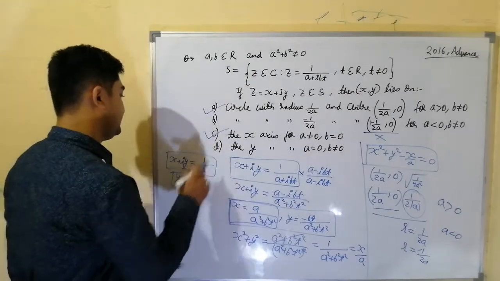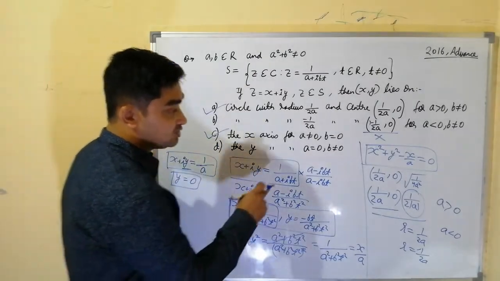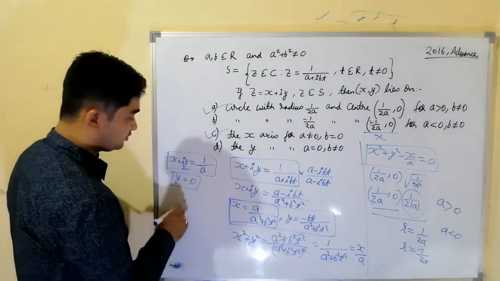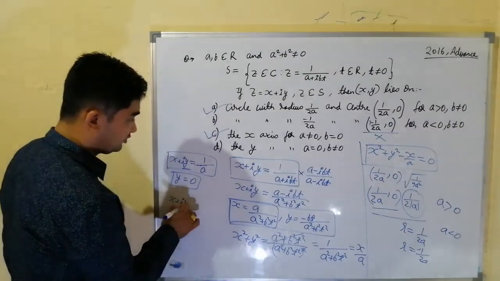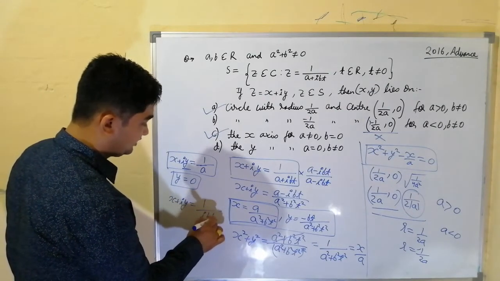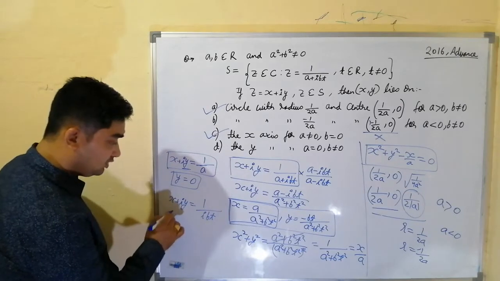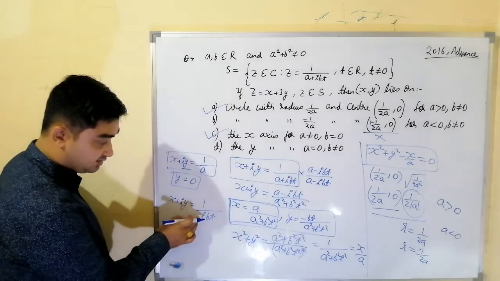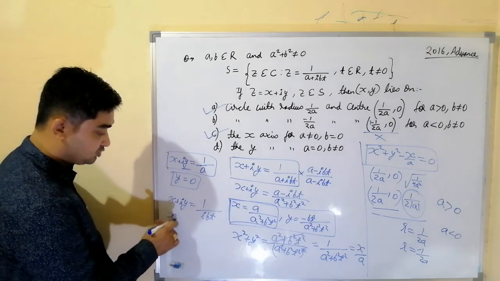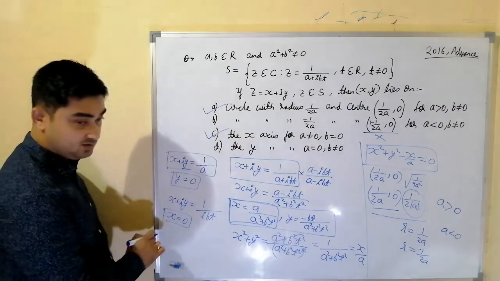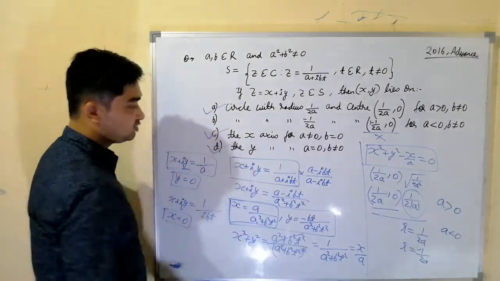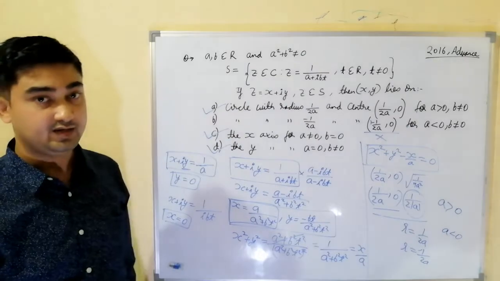Now we'll check whether option D is correct or not. In option D, a is given as 0. So here in this equation put a equal to 0. We'll have the left hand side x plus iota y, and a is 0 means it is 1 by iota b. Now the right side is purely imaginary and the left hand side is real plus imaginary. That means the real part should be 0. Then only both can be equal. That means x equal to 0. Whenever x is equal to 0, whatever is y, it will always lie on the y-axis.